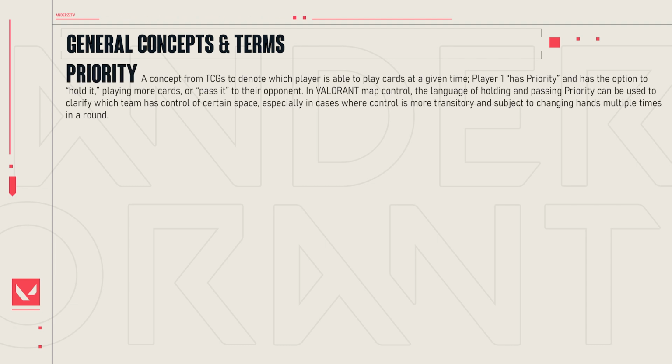Priority is a system in TCGs that denotes which player is able to play cards at any given time. For example, if player 1 has priority, they have the option to hold that priority and play more cards, or pass it to their opponent. In Valorant, the way that we can use priority is when looking at map control. The language of holding or passing priority can be used to clarify which team has control of important space at any given time, especially in cases where that space is going to switch hands multiple times inside of a single